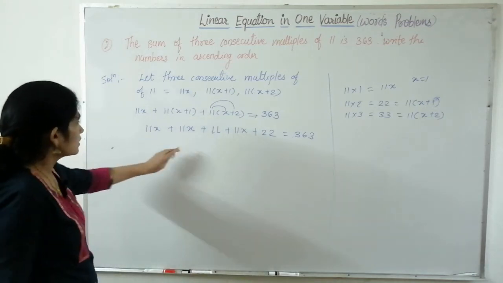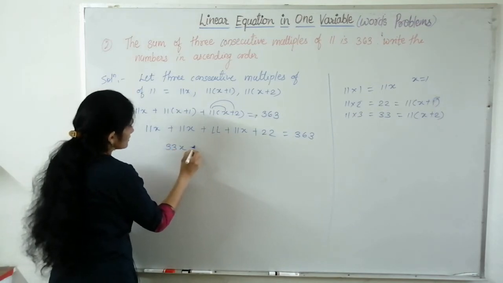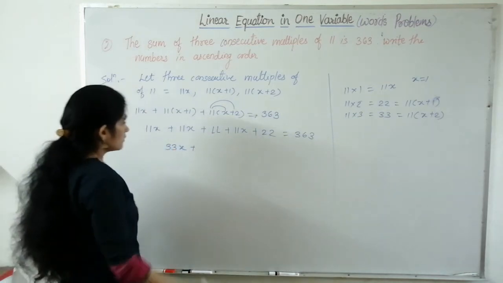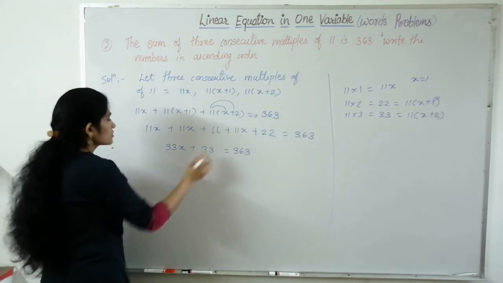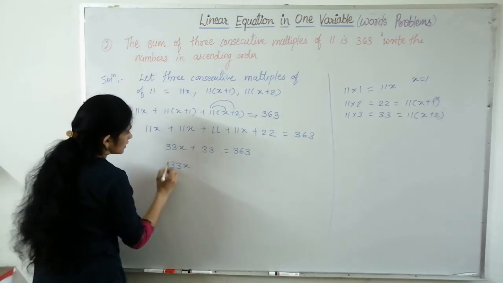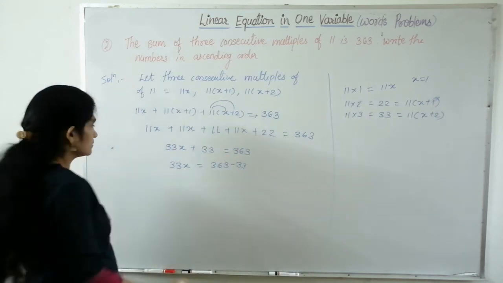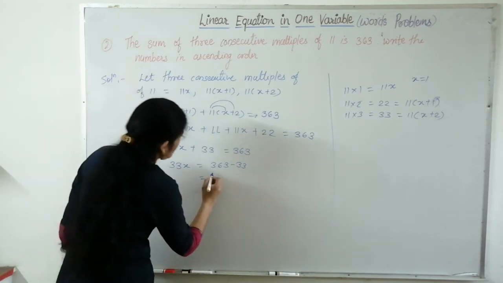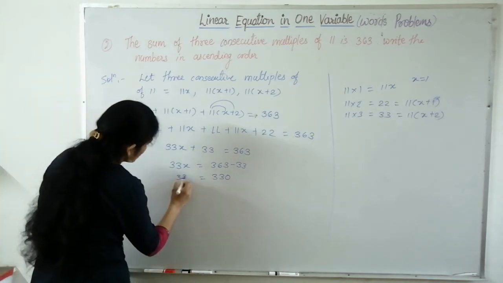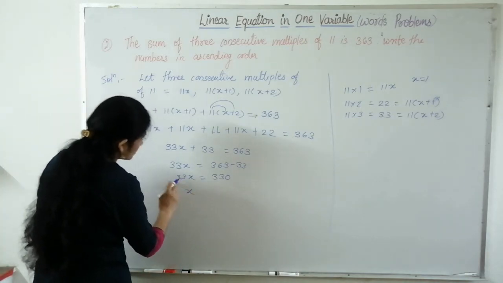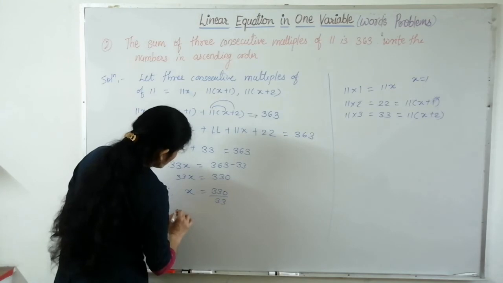363. Then add similar terms: 11x plus 11x plus 11x, which equals 33x, plus 11 plus 22. 11 plus 22 is 33, which equals 363. Transpose this 33 to the LHS, you will get 33x equals 363 minus 33. 363 minus 33 is 330. Therefore 33x equals 330. Now transpose 33 to the RHS, you will get x equals 330 divided by 33, and therefore x